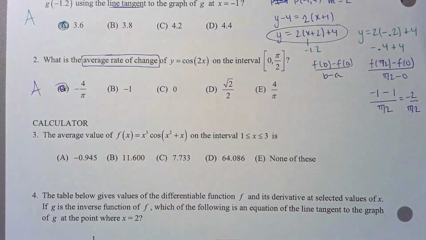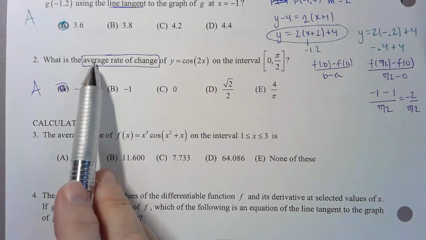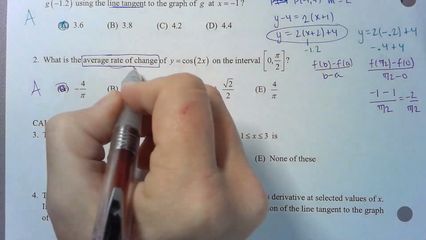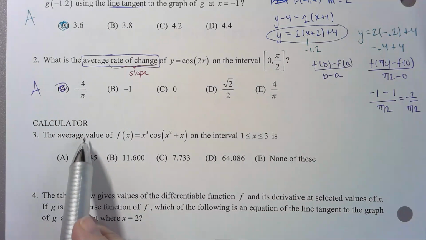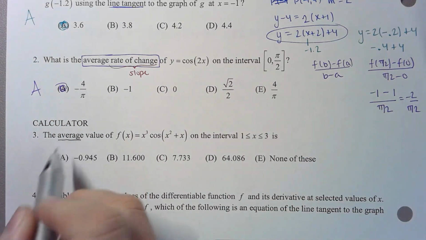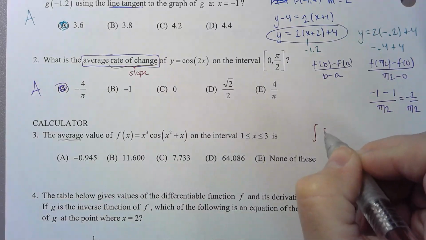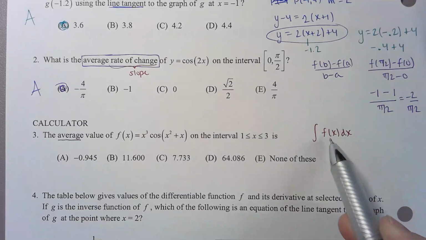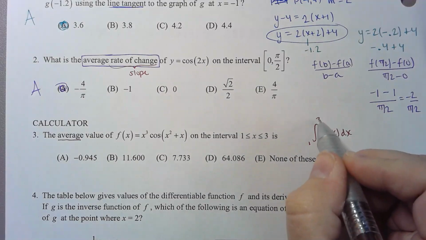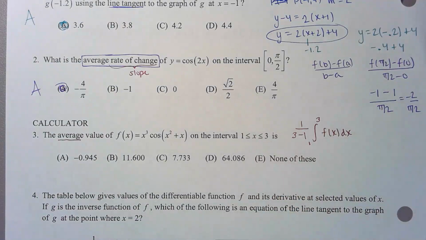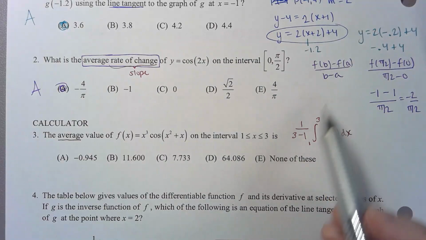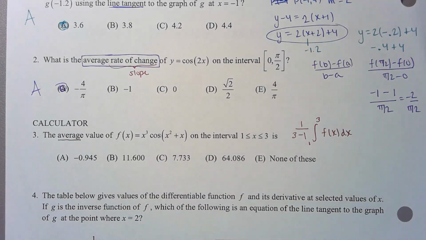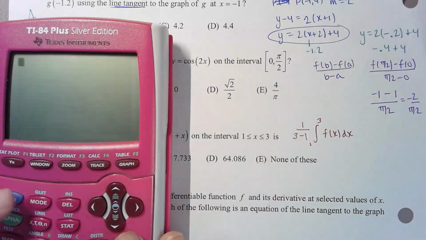So question number 3, we're going to need a calculator. We're going to make sure that calculator is in radians. And unlike 2, when it said find the average rate of change, remember rate of change means slope, this one is asking us to find the average value. Well, we have a formula for that, right? If you want to find the average, we said you're going to add up all of the values on that function from 1 to 3, and then we're going to divide by 3 minus 1. So it's still an average question, so we're still dividing by the length of the interval, just happen to throw it out in front. So I'm just going to grab my calculator, I'll leave it right here, I'm in radians,